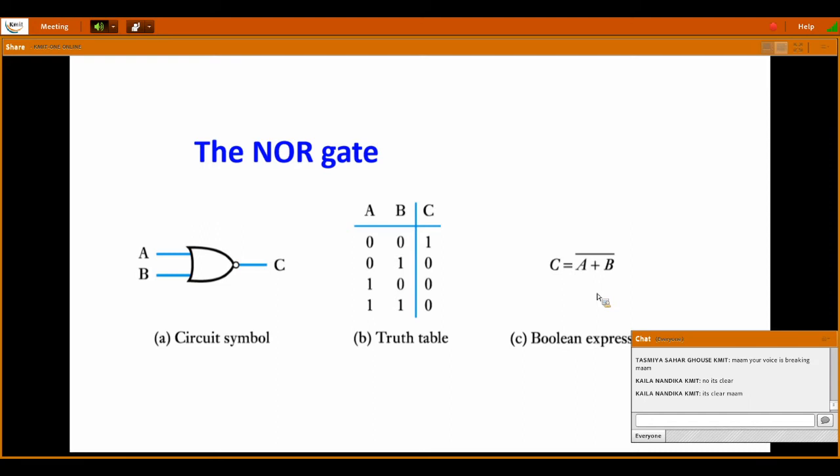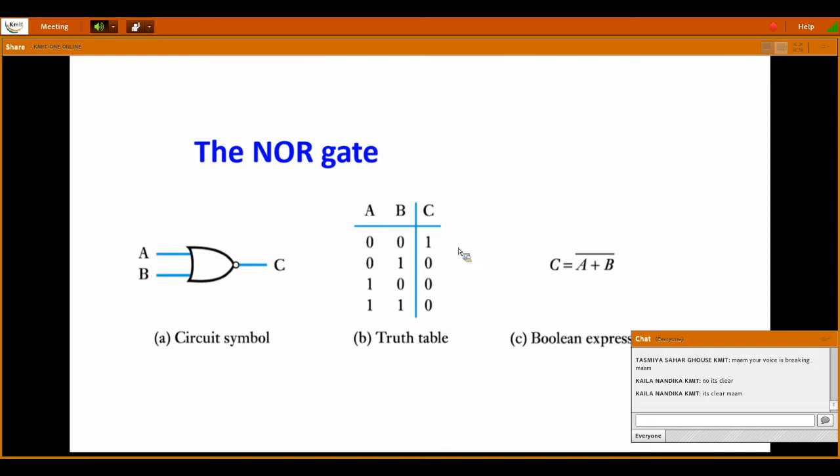And next is NOR. You can predict this: NOR is nothing but OR followed by NOT, that's all. So the OR symbol is taken with a bubble; simply a bubble represents the NOT. A 2 input NOR gate is shown with 1 output, so 4 combinations, and the output is that of an OR gate followed by NOT, meaning the OR outputs are complemented.